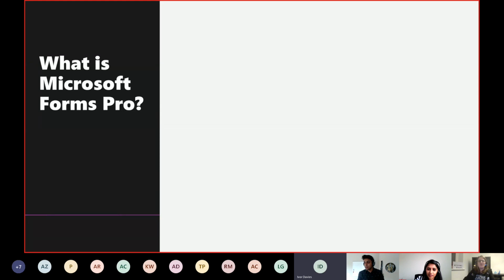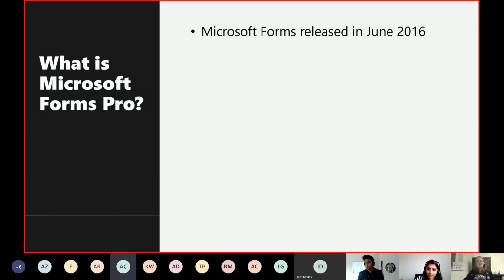Okay, so what is Microsoft Forms Pro? If you haven't used Forms already before, that was released in